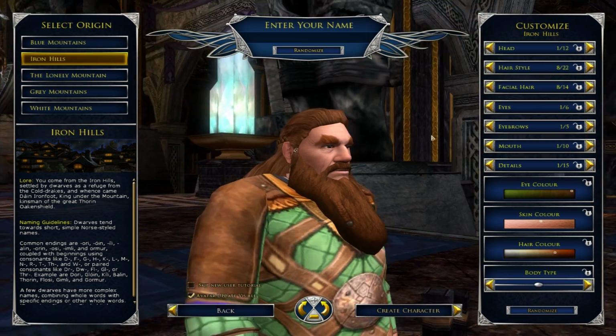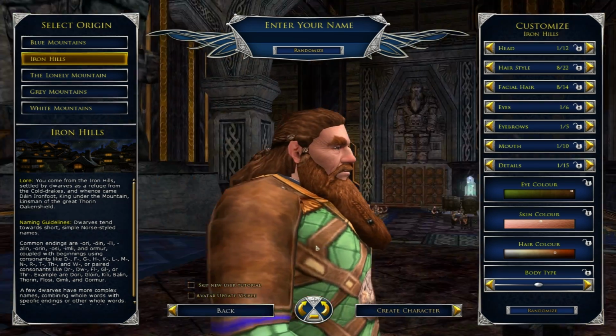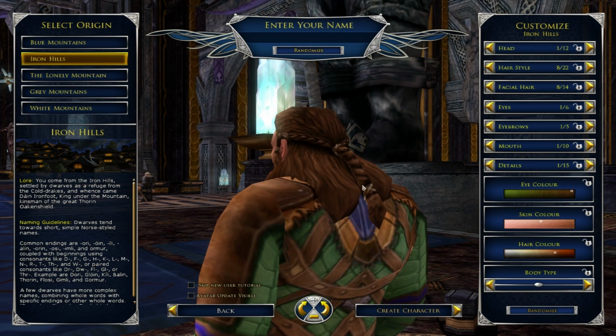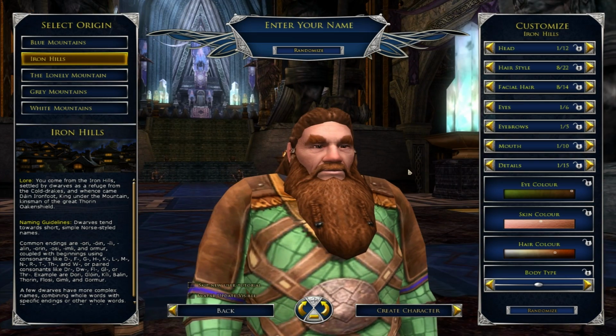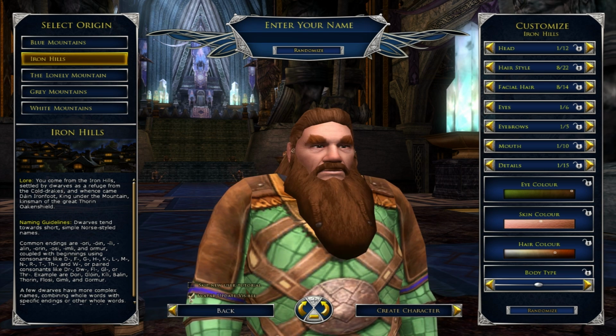So 8 and 8. So this one actually looks quite nice actually. So this is a longer hairstyle where we've got 2 braids tied at the back into a big braid down the back, and then we've got some decoration at the bottom of the knot there and above the ears, and a couple of little bits of decoration there, and then the beard again, big bushy beard, a couple of little decorations down the bottom. So if we activate the avatar update,